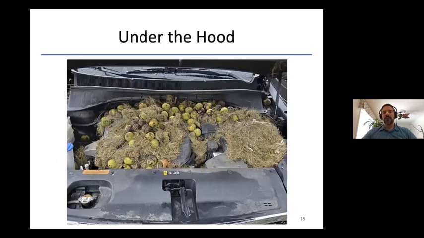Before I get into those, however, I just really wanted to give you an idea that it's not something where you can collect data from a wearable device, throw it into models, raise your hands and say, I'm done. There's a lot of what I call here under the hood. There's a lot of things that need to go on in the background in order for you to actually get usable information. So this will give you a sense of some of the things that go behind all of the outcomes that we show.